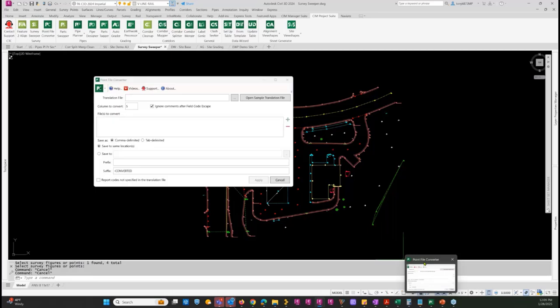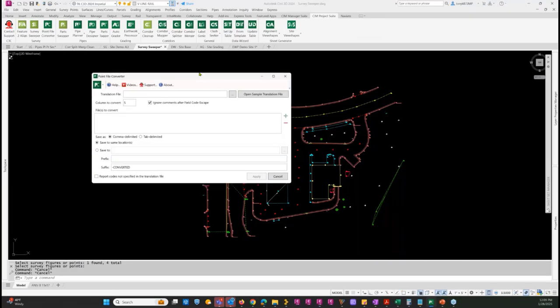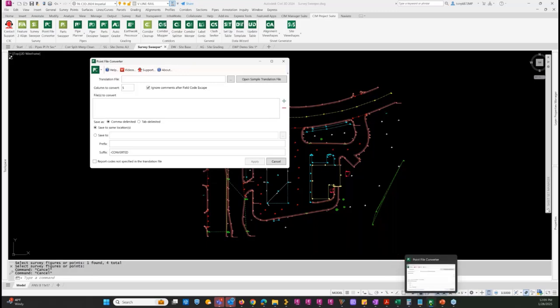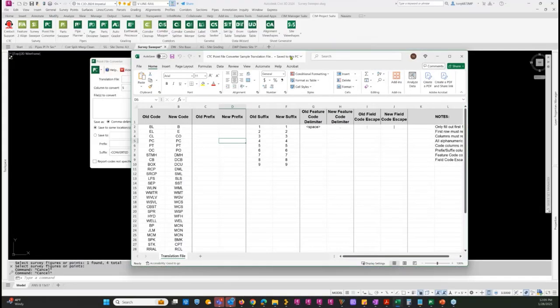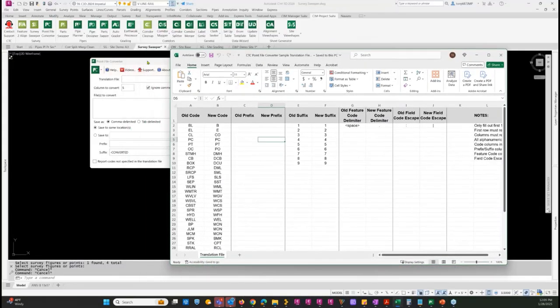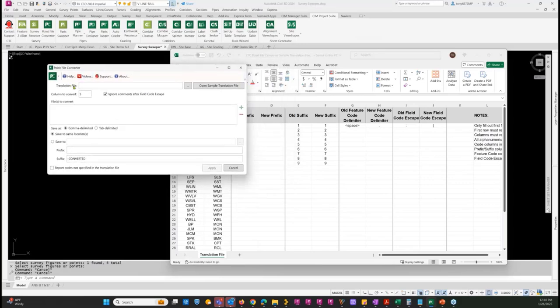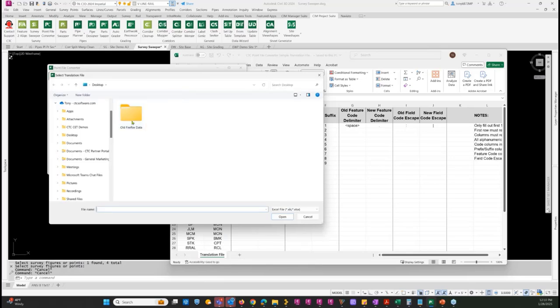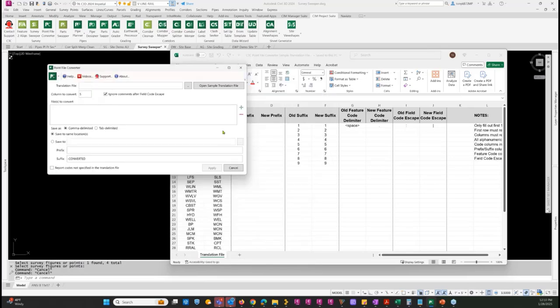So point file converter. When you open it, you're going to get this dialog box right here. And this is where you set the things you need for your translation file. You will go get it and you will use that as your translation. Wherever you choose to put that will come up there. What column you want to convert is set in here. That's all. When you do the convert, we can set a prefix, a suffix,